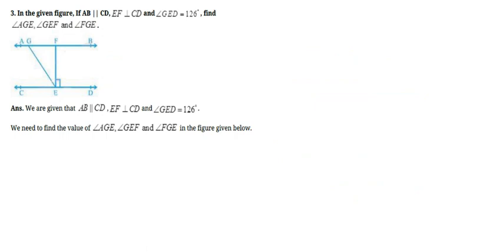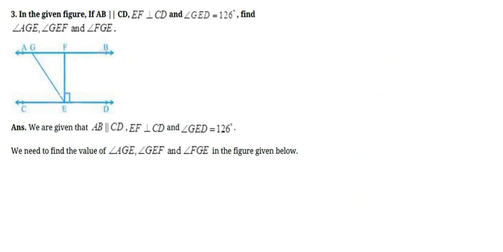So here is the example from the exercise. It is given that AB is parallel to CD, right? Then EF is perpendicular to CD. EF is perpendicular to CD, means this is 90 degrees. Angle GED is 126 degrees. So what we need to find here,